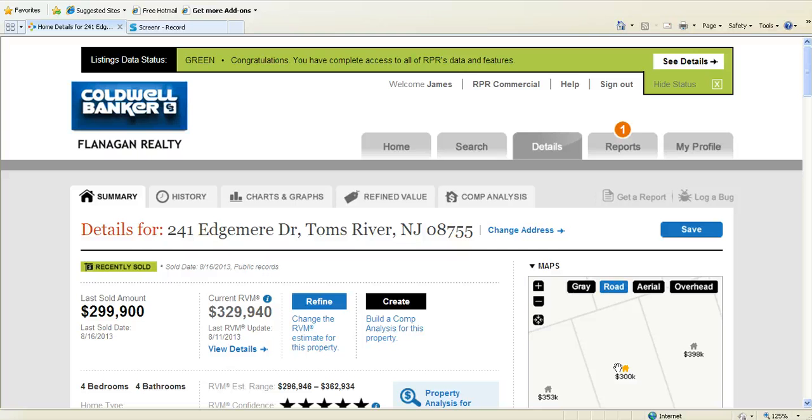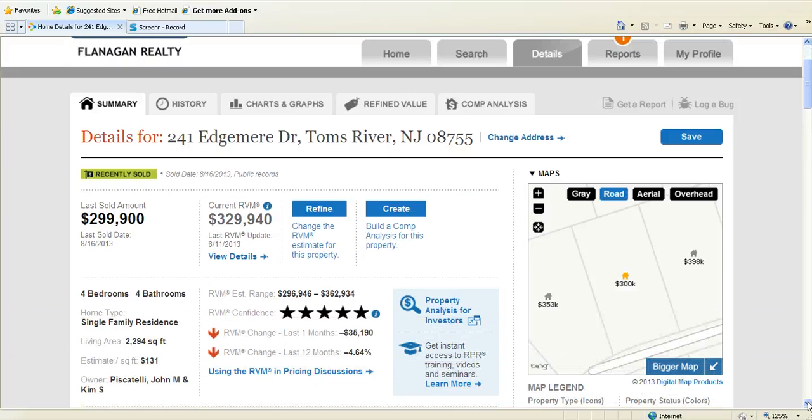So if you think the AVM is off, and a good way to judge it is come down here and you can see the RVM or AVM confidence level. This one's pretty confident at 5 out of 5 stars. So this is pretty close. But if you want to tweak it a little bit, all you have to do is come here to refine. Click on this refine button